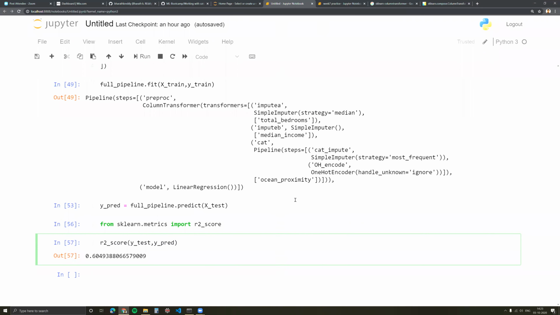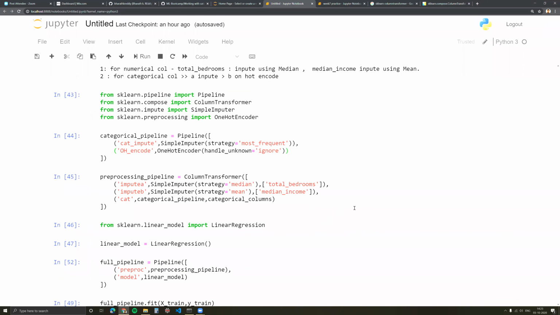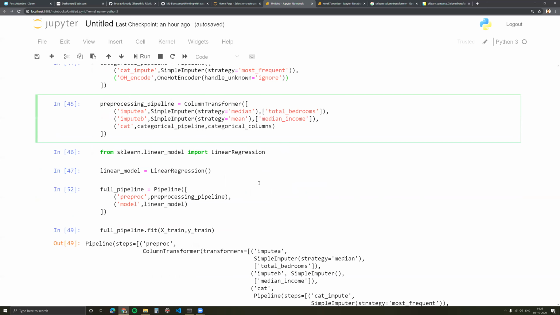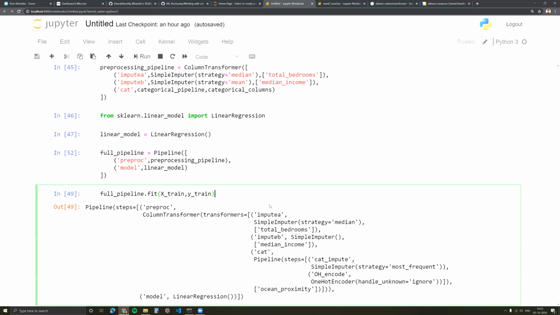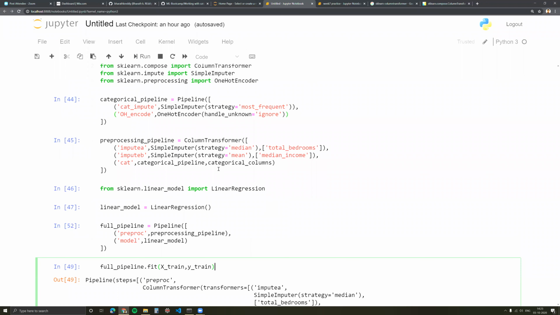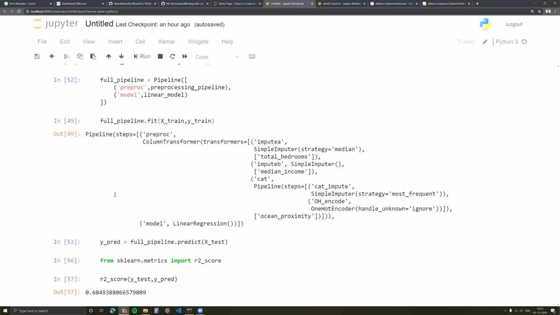So this is a simple way in which most of your projects would run. Instead of having to worry about a lot of steps to pre-process, once this is built, you see this is not data dependent. You can copy paste this onto any new data set. All you would need to change is perhaps the column names and the way you want to run these steps, but your method is going to stay the same. So these become your reusable building blocks for anything.